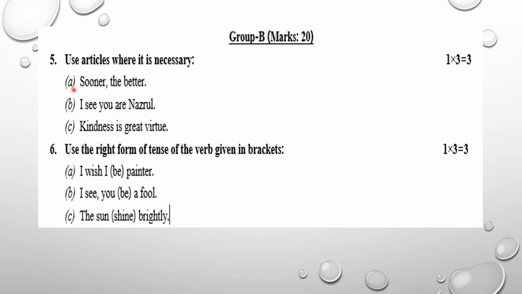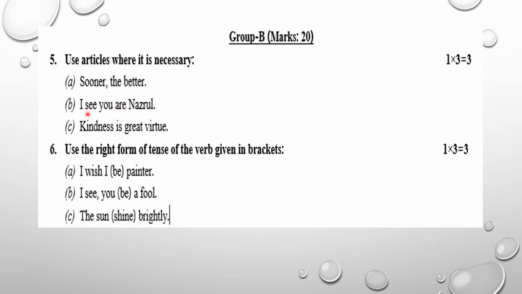In such type of question, there is no gap, but you have to find out the correct gap, and you have to put the correct article. Sooner the better. You have to think whether the sentence is correct or incorrect. Okay, and here look at the beginning. Before sooner, we can use the sooner the better, comparative degree, and before comparative degree we use the article